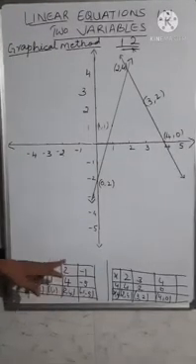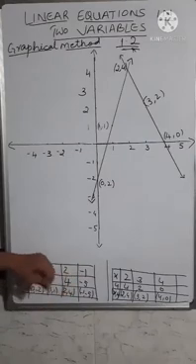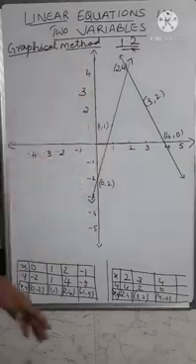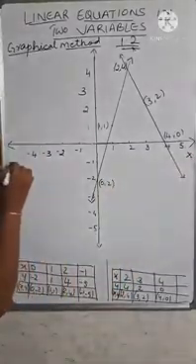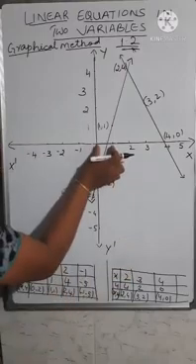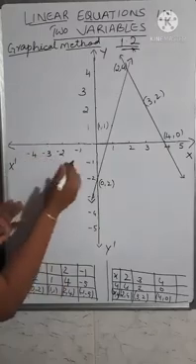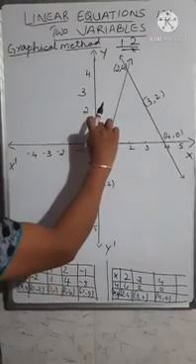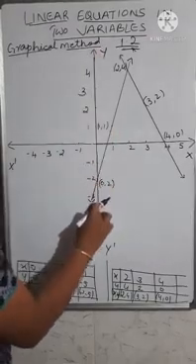So we have prepared the table for drawing the graph. Now we'll see how to plot the graph for this table. For that, on the graph sheet, draw the x-axis and draw the y-axis. After drawing them, write x dash, and here y dash. Then each centimeter, take it as 1 unit. So you get 1, 2, 3, 4. Similarly, on the negative side, -1, -2, -3. Even on the y-axis, take 1 centimeter as 1 unit. So you get 1, 2, 3, 4 and -1, -2, -3.